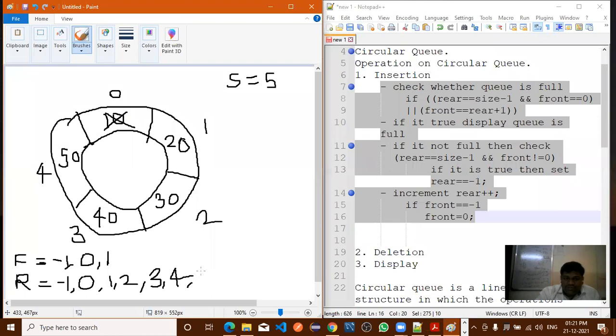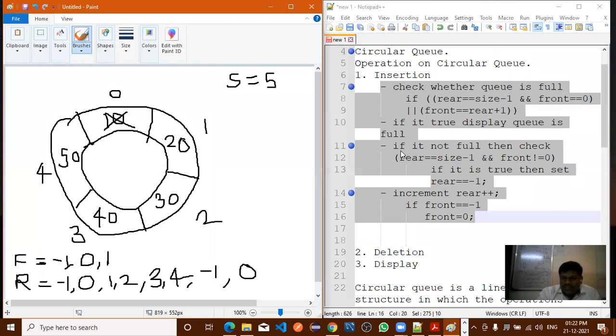So here, what is the value of rear now? Rear is equal to -1. Now come to the next step. Now increment the rear by 1. By how much should rear be incremented? Rear plus 1. So what is the value of rear now? 0. Now automatically this end point is connected with the first pointer, or first element. Did it connect to the first element? Yes, sir. Now all of you understood.